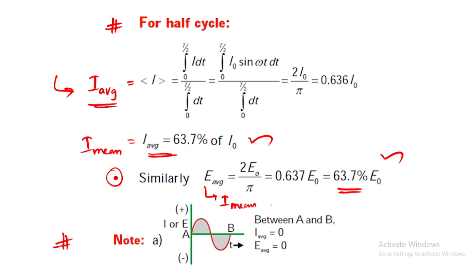Last year there is one small question, a very simple question they asked. Now what happened here? If you see the note, I told you that the average value of AC for a whole cycle will be 0. Am I correct? We have seen it already in the previous slide. The average value will become 0. So if I integrate for a whole cycle, it will be 0. Similarly, EMF value also becomes 0 only. Yes or no? So that is very important for an average value. What is the question they asked now? Second slide I will show you.